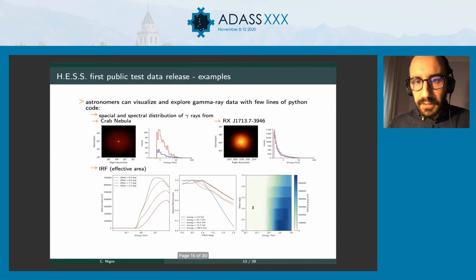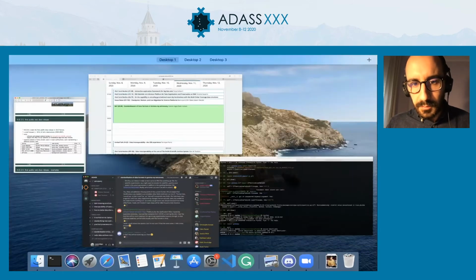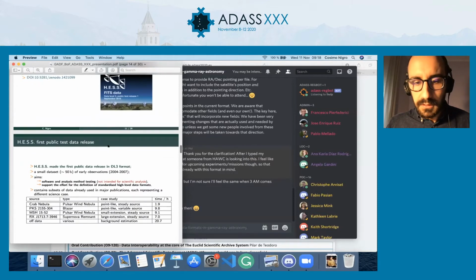Okay, I think we can take a few questions, because this part of the talk concerns the data format in general. Then we will see how the data format was used to test the science tools. So I think I can stop for a second and take some questions, if there are. Questions about the data format in general?